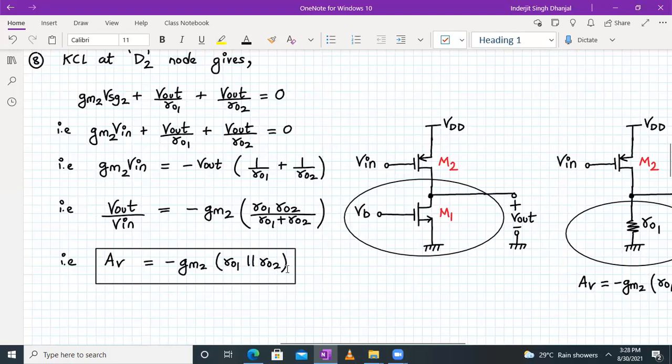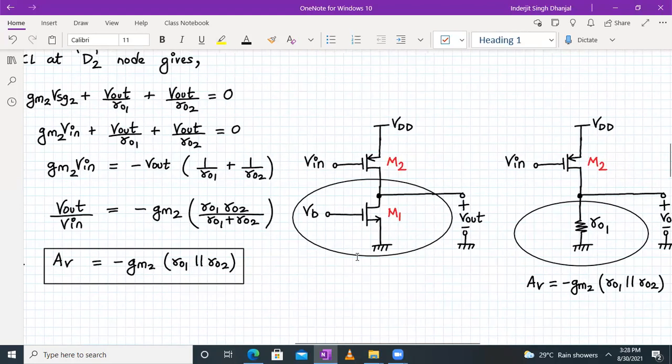The only thing that has changed is that earlier, for the NMOS common source amplifier with a PMOS current source load, this quantity was gm1. In this case, it is gm2, right? Now, how can we do it with the shortcut technique? No lengthy derivations, directly from observation we can do it, right?